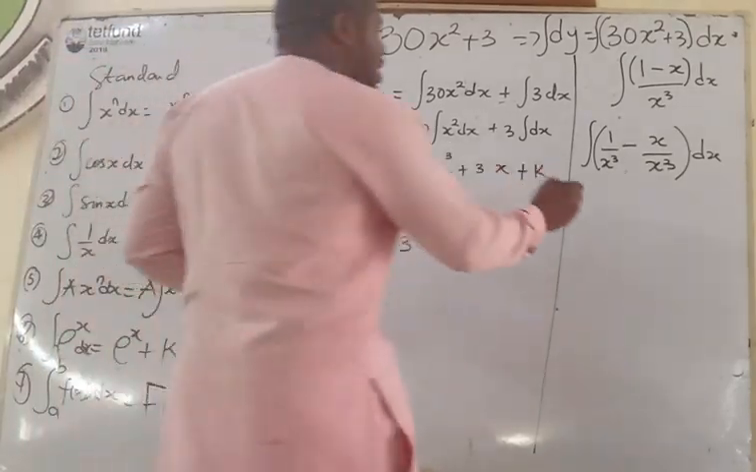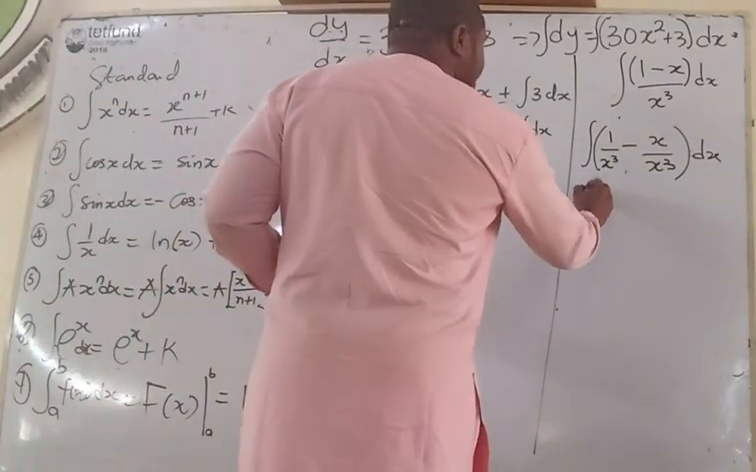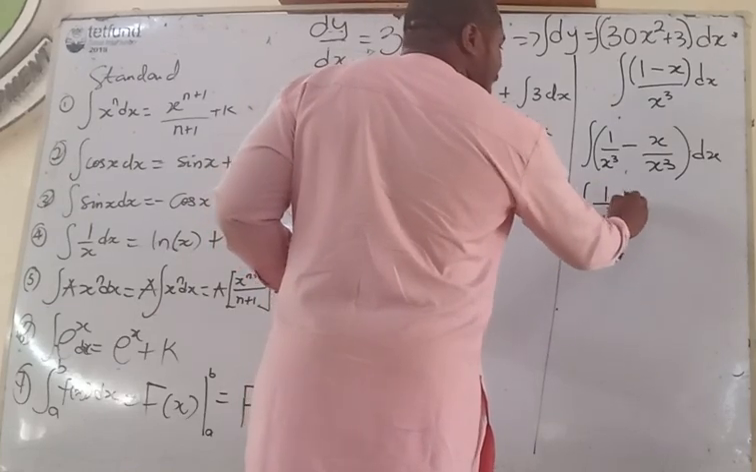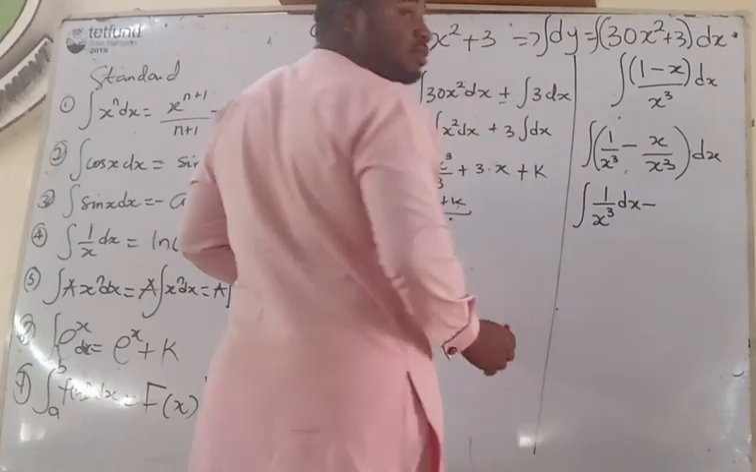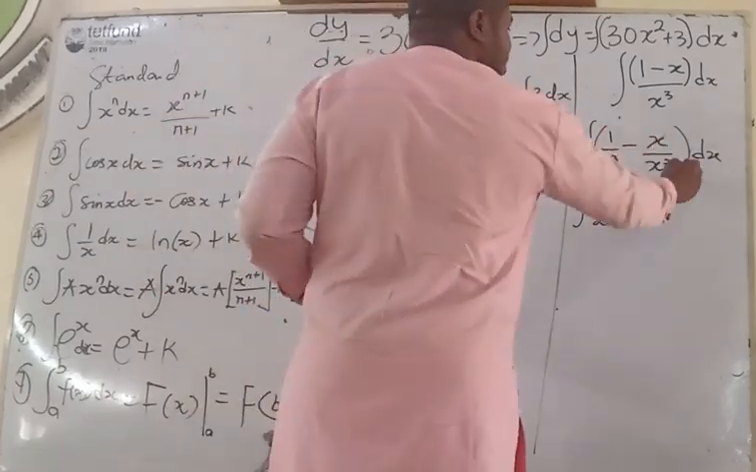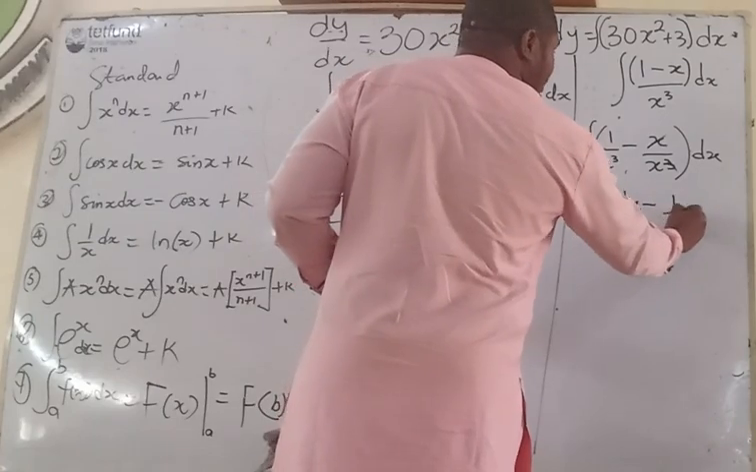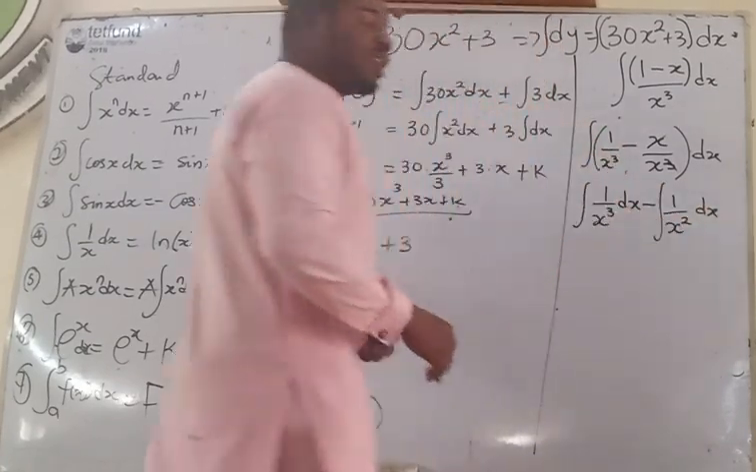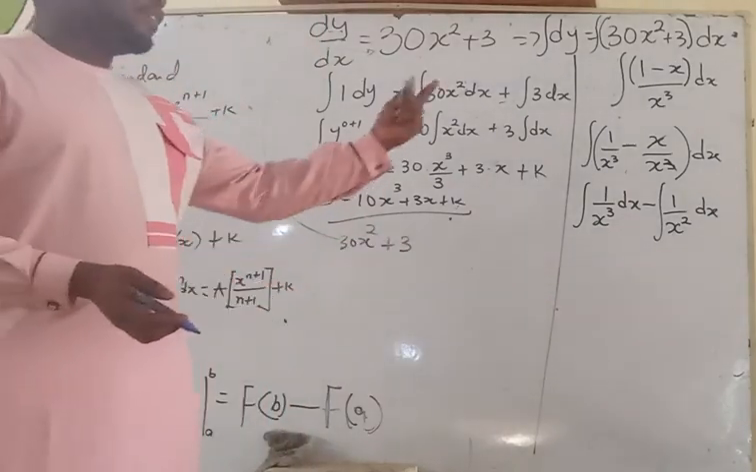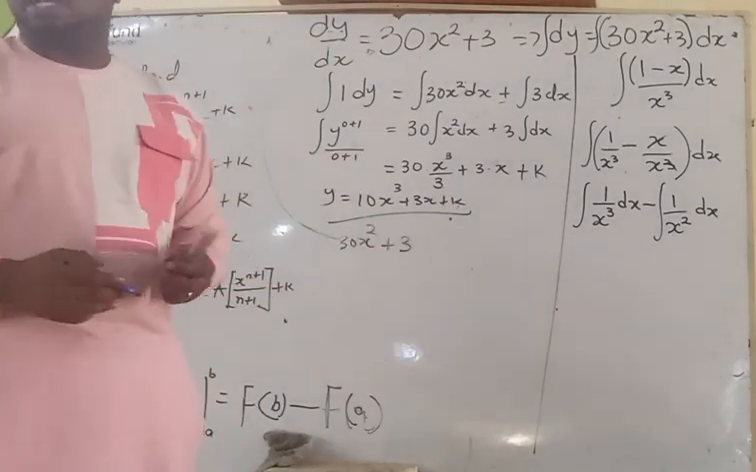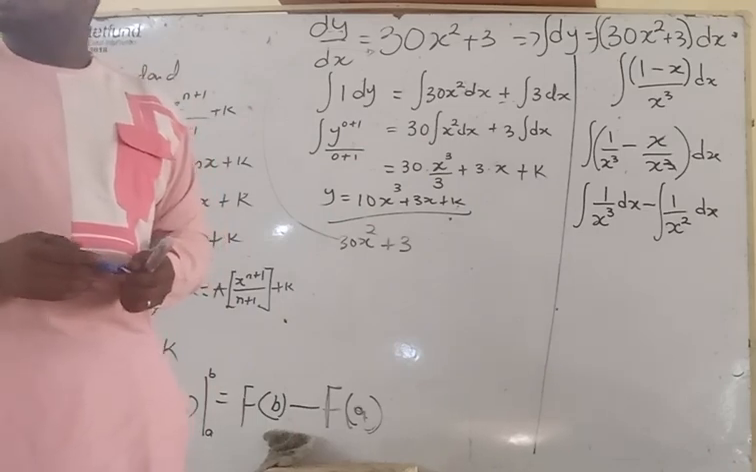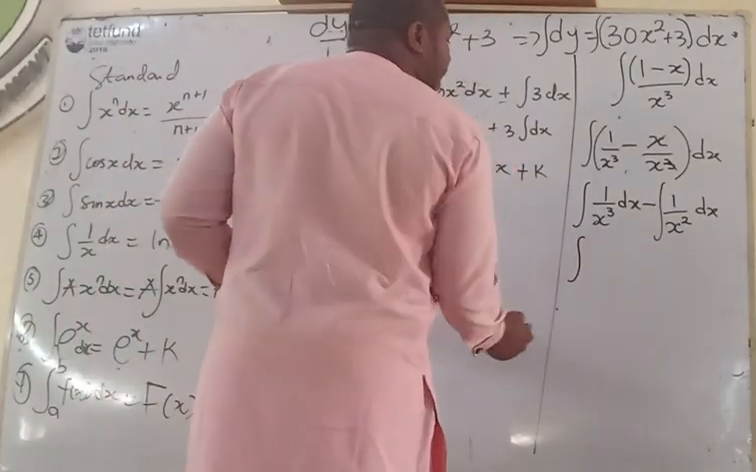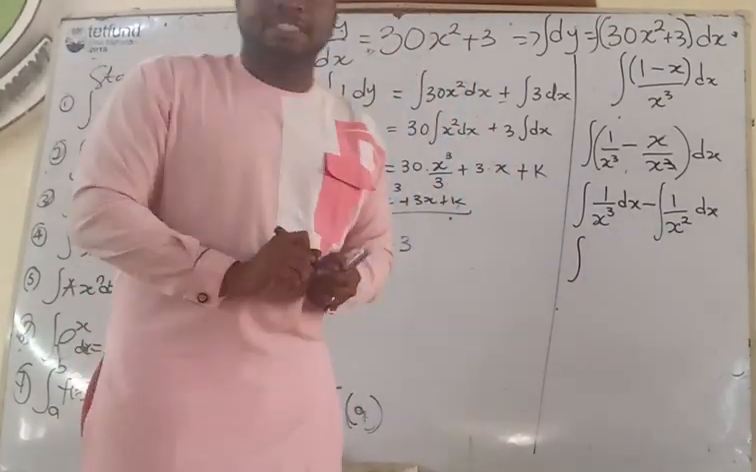Now, from here, anybody can do this. Is this not the same thing as the integral of 1 upon x cubed dx minus the integral of, here the x cancels, 1 all over x squared dx? I told you if it is addition or subtraction, you can split the integral. Is that not so? So I can continue further to say, okay, from indices,